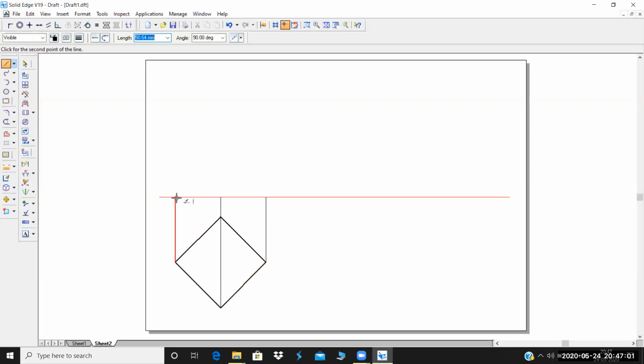So you are just projecting this. You have to draw these lines. This line you have to draw. So you have to show this O and O1. I'm not going to show the notations here.